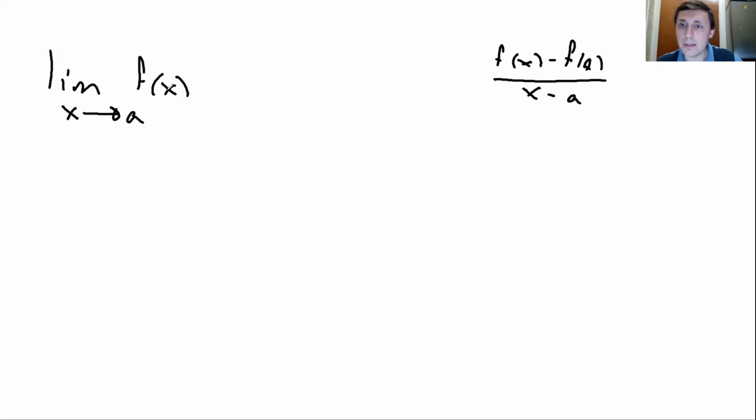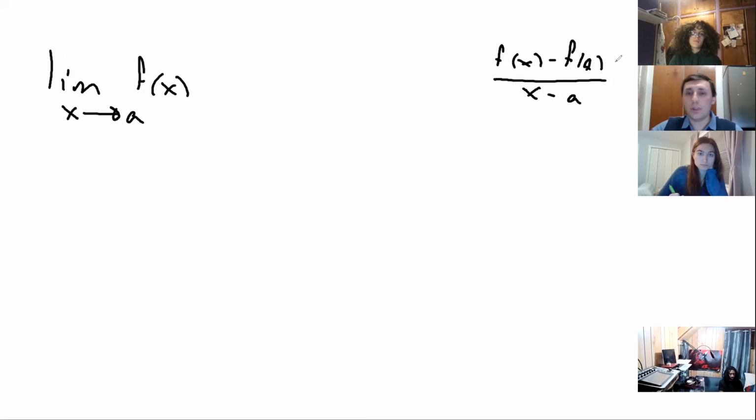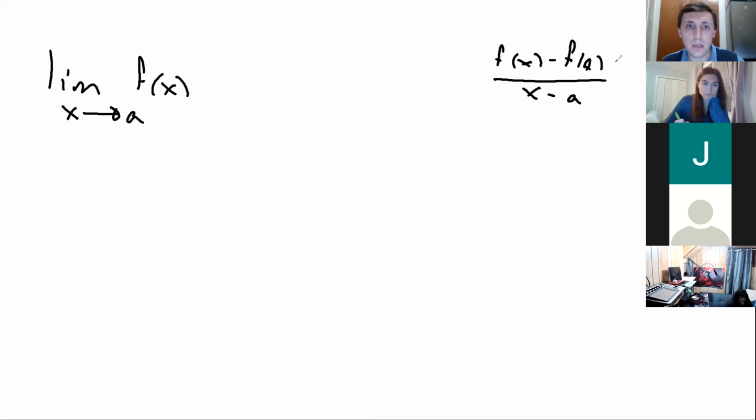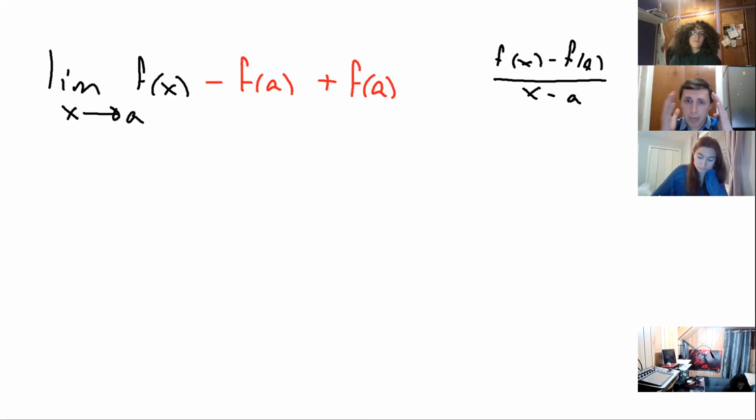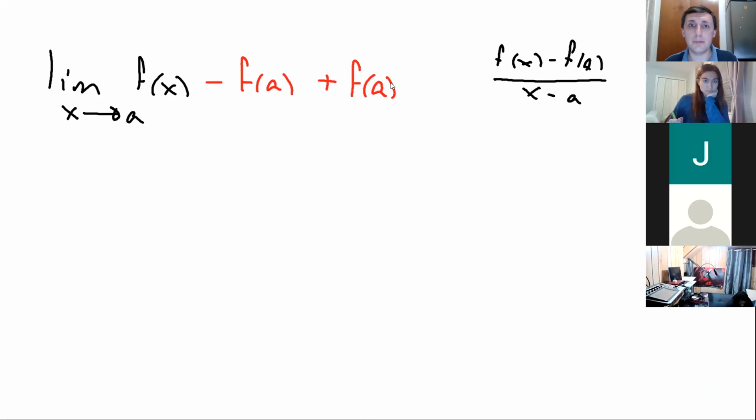What do I do with this, guys? Look at it. I want it to look like this expression. I have this expression, and I want to make it look like an expression I'm familiar with. So I subtract f of a, but I cannot change it, so I then add f of a. You all see what I'm doing, guys? I'm just morphing that expression into another that's very familiar to me. Can you tell me what's the next step?